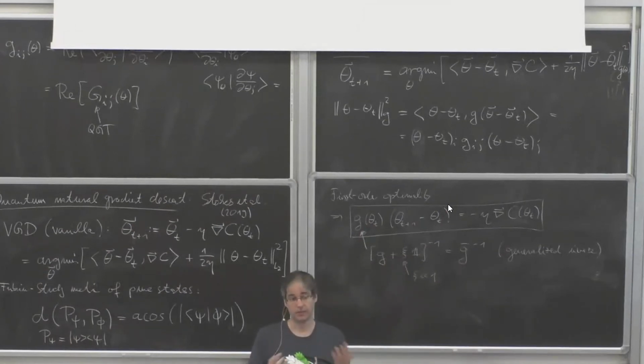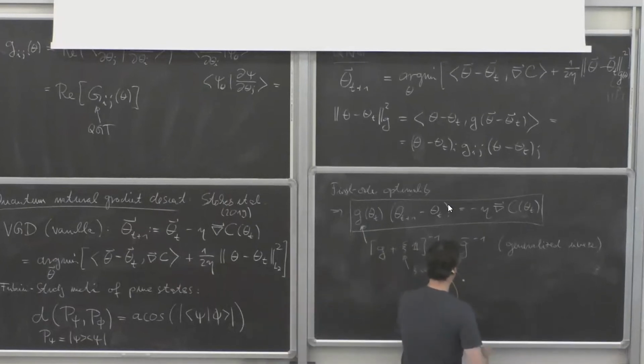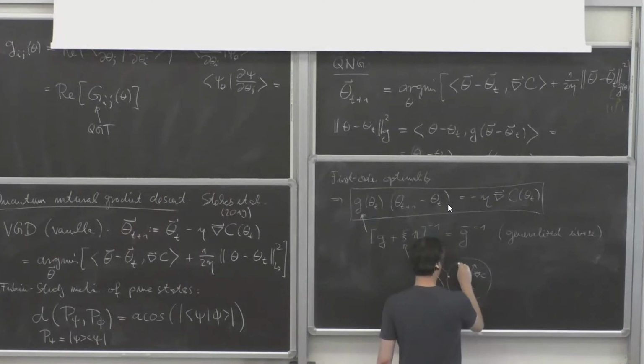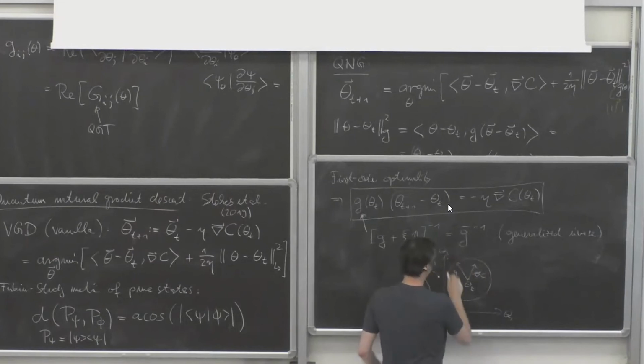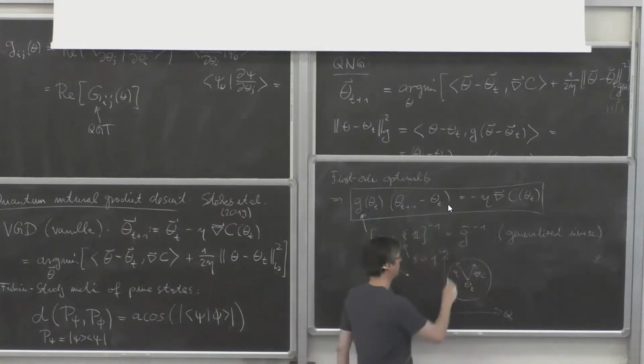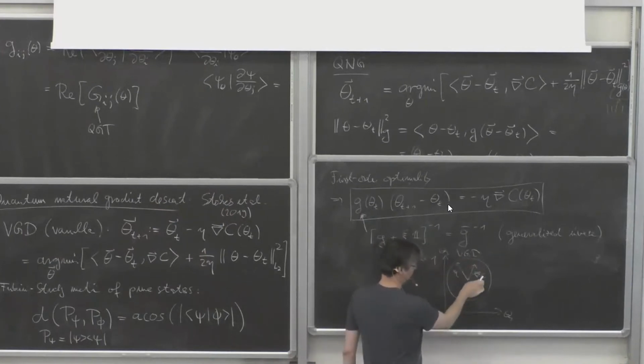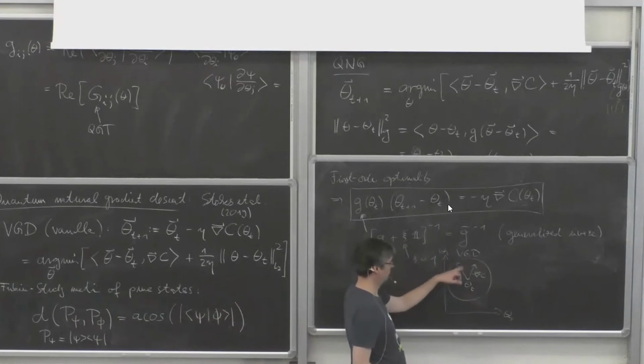You don't care that much about, so let me maybe, I don't know if that helps. Let's say you have some parameter theta t, and the gradient is in this direction, or minus the gradient, and there's some step size eta that you want to take. So in parameter space, if this is theta 1 and theta 2, this is how it would look with vanilla gradient descent. You go in the direction of the gradient by a distance which is given by eta.